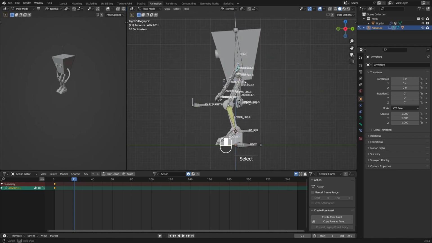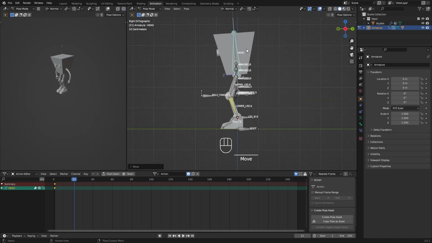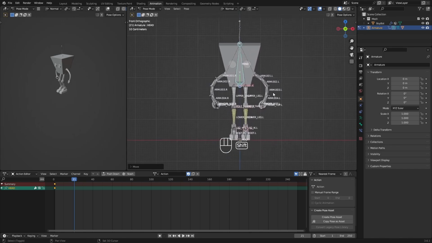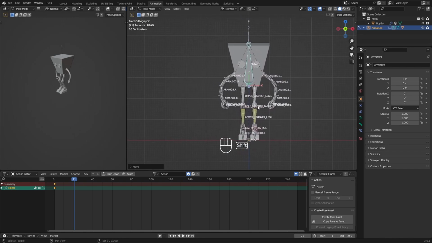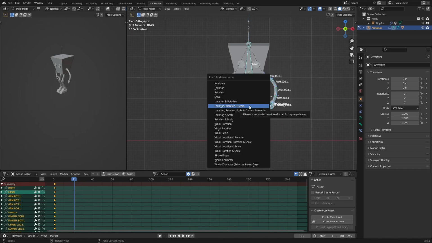And then I'm going to select this other arm here and rotate it so it's also kind of hanging. This way it doesn't seem like the center of mass is actually aligned, so I'm going to bring it here. Yeah, that should be good. Now that we have the second pose, what we're going to do is press A, I, and location, rotation, and